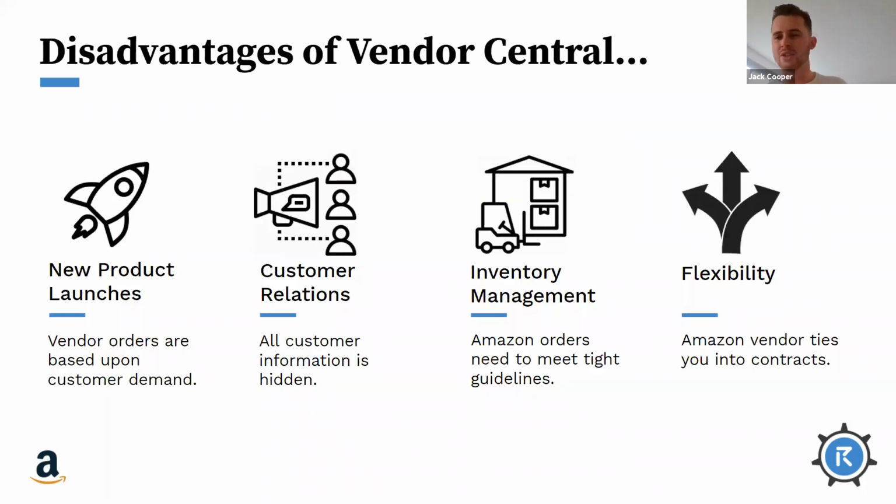Also, new product launches. Amazon choose what products they order from you. So I think this can be challenging for brands that are wanting to launch new products in order to get that visibility. There's some tactics we can employ, but I won't go into that at this stage. But it can be a challenge to launch new products when on vendor without building out any data that there is a demand for the product. All your customer data is hidden because Amazon is dealing directly with the customers. This can be very challenging as well. It's difficult to get that kind of demographic data unless you're fulfilling your own orders, but still an option to consider when on Seller Central.